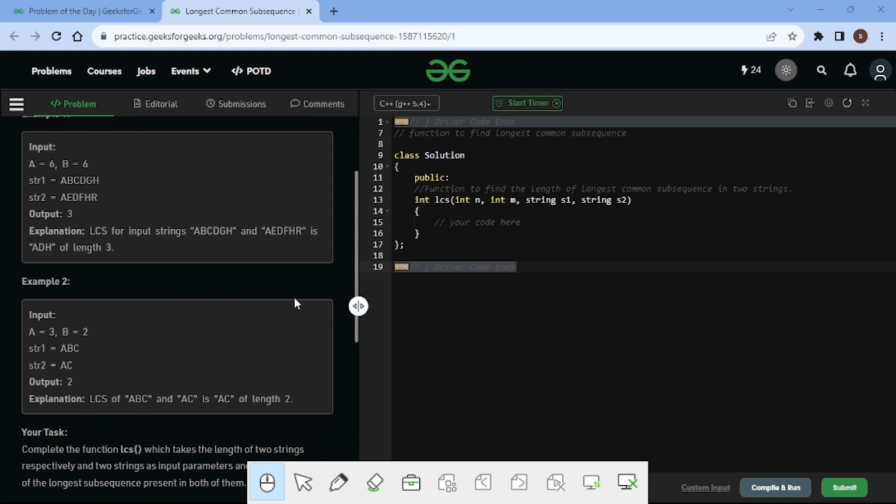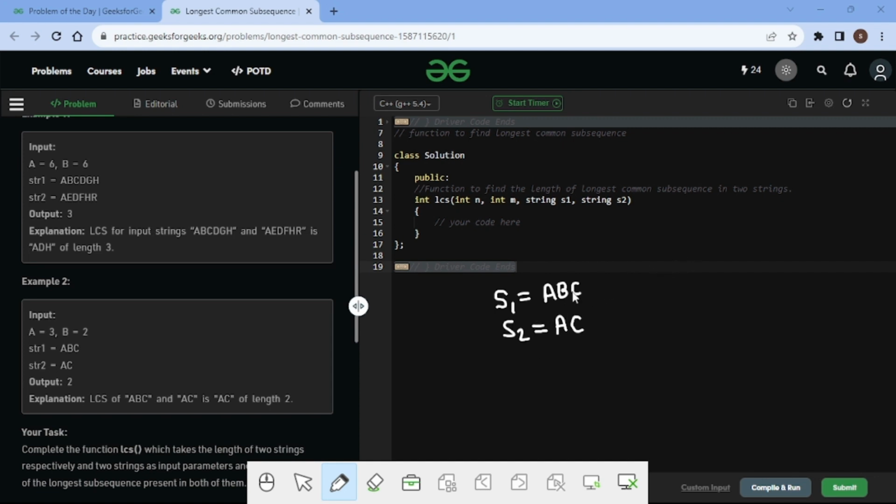Let us take an example where S1 is equal to ABC and S2 is equal to AC. A subsequence is a sequence in which the consecutive order does not matter.